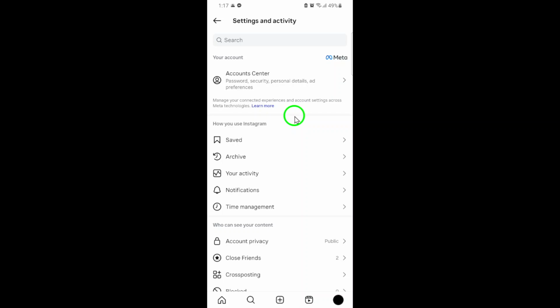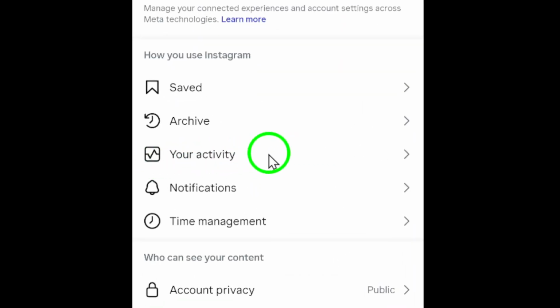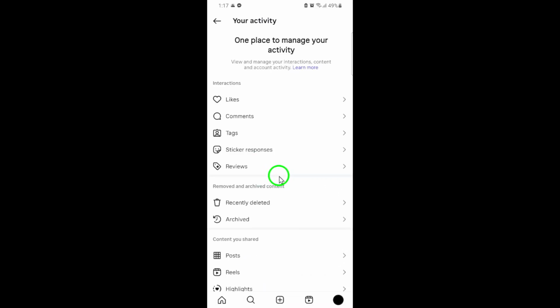This will open up a list of options for managing your activity and account settings. From this menu, tap on Your Activity. This section lets you review and control everything you've done on Instagram, including posts, comments, and, most importantly, tags. Now, tap on Tags. Here, you'll see all the photos and videos where you've been tagged by friends, family, or